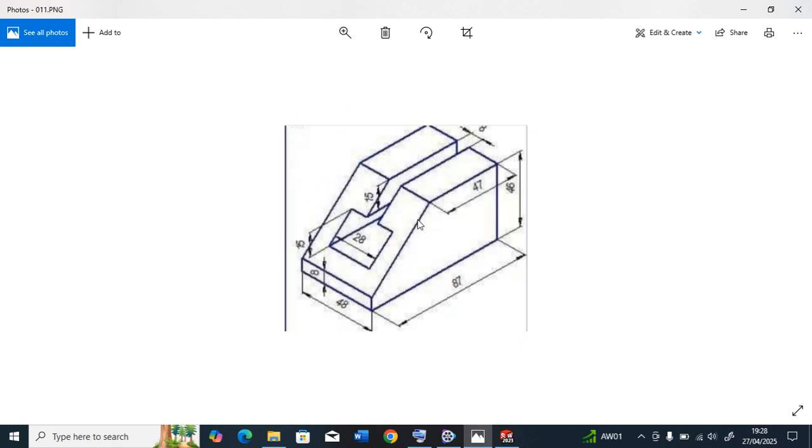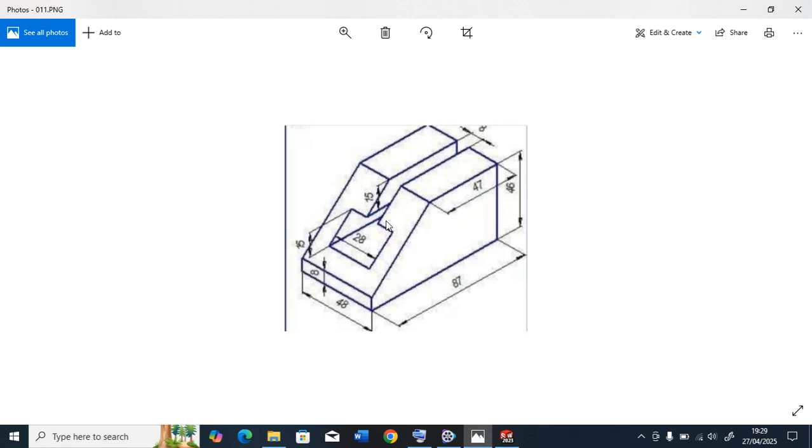Welcome to the SolidWorks exercise. Today we are going to practice drawing. We're going to draw this part. As you can see here, from here to here is 47, here to here is 46, here to here is 87. From here to here is 48, this height here is 8, and this cut here,